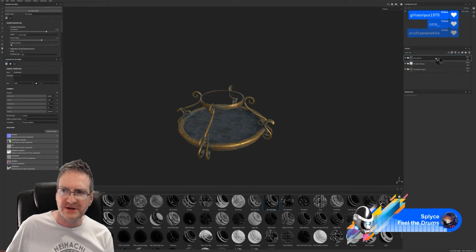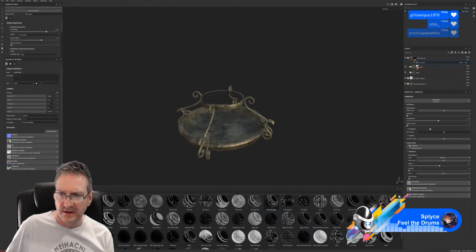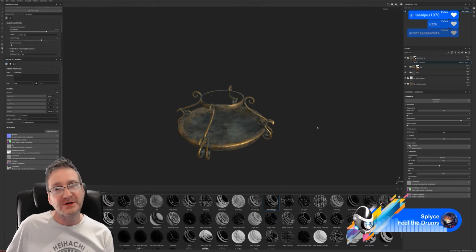Let's have a look at the dirt soft edges. Just going to pull up a little bit on the gold, because who doesn't like gold?